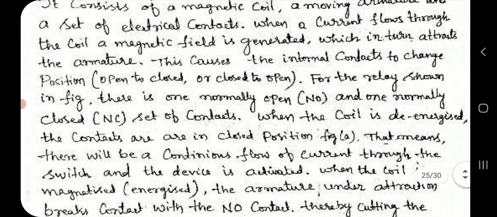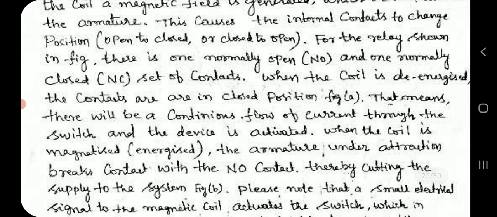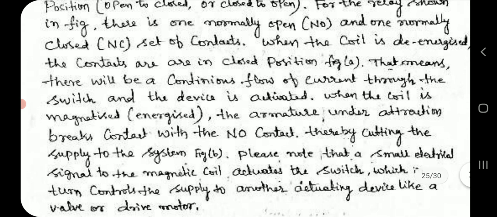When the coil is de-energized, the contacts are in the closed position. That means there will be a continuous flow of current through the switch and the device is activated. When the coil is magnetized or energized, the armature under attraction breaks contact with the normally closed contact, thereby cutting the